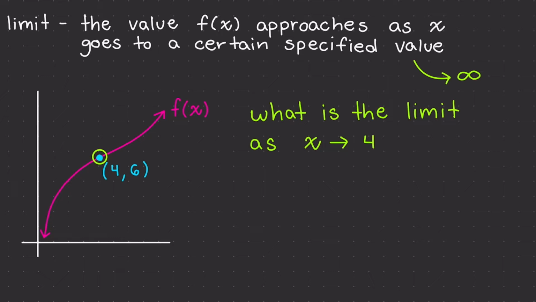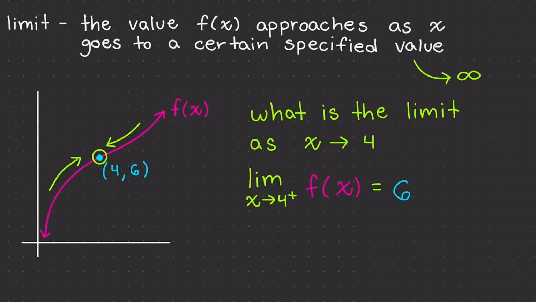Let's start off with a right limit. The arrow represents the direction of the limit. The notation for this is the letters LIM, which is short for limit. Below that we have the independent variable followed by an arrow pointing to the number x approaches, which is given in the problem, which is 4. Since we're working on the right limit, this is followed by a little plus sign. On the right side, we can see visually that the function approaches 6, which is the y value of the